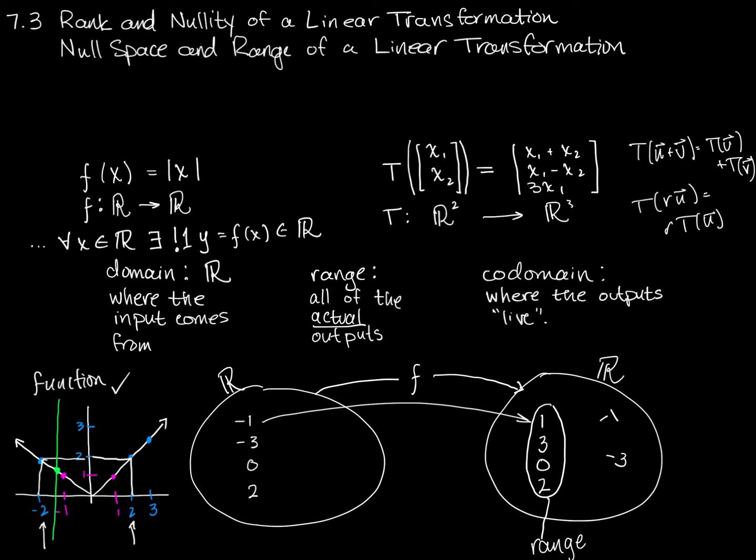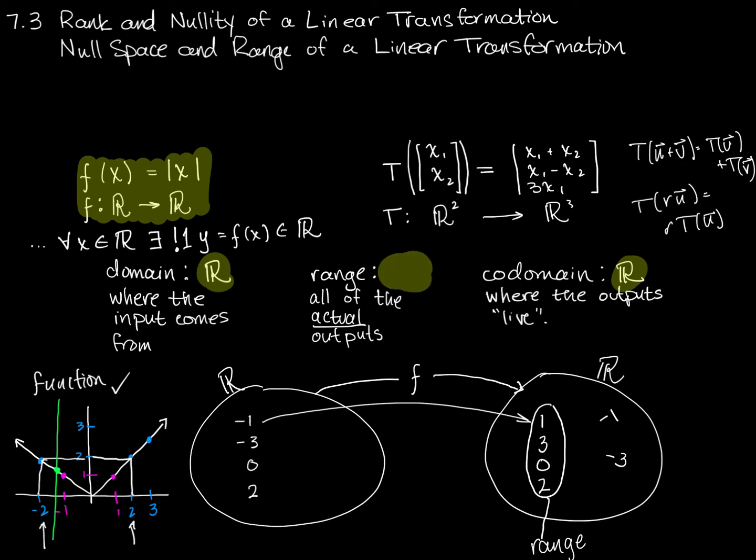The domain for this function f is all real numbers, and here it is represented. The codomain is also all real numbers. All the real numbers are over here again. And so I'll write the codomain for this function f, and I'm only talking now about this function right here. That's the one for which I'm saying the domain and the codomain are all the real numbers. The range, however, is not all real numbers. It's only the numbers that I get out